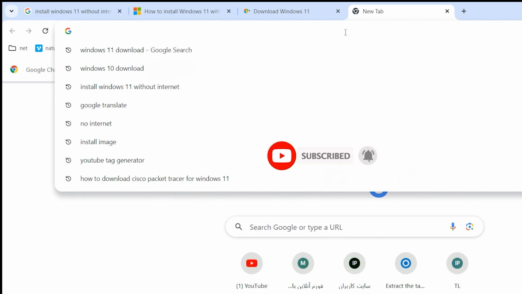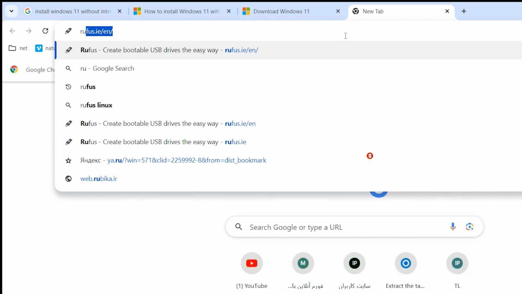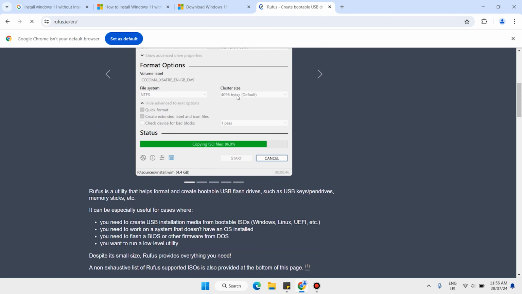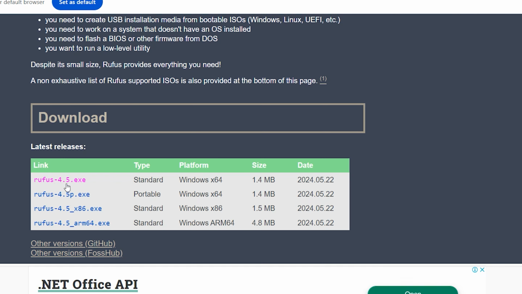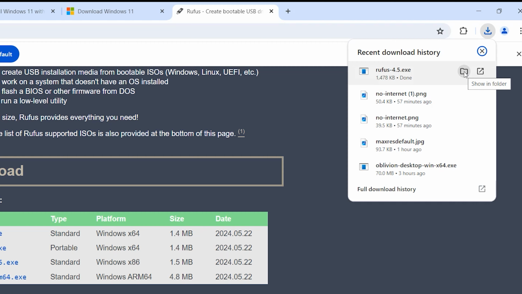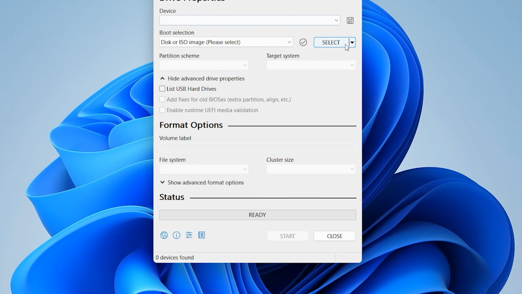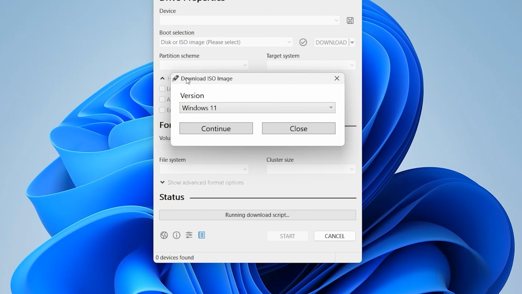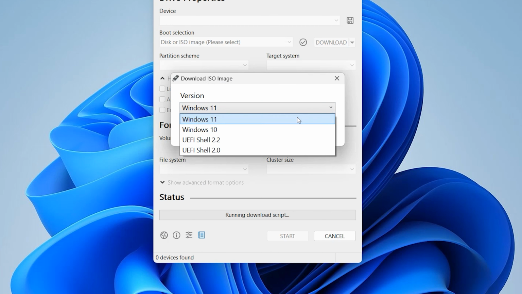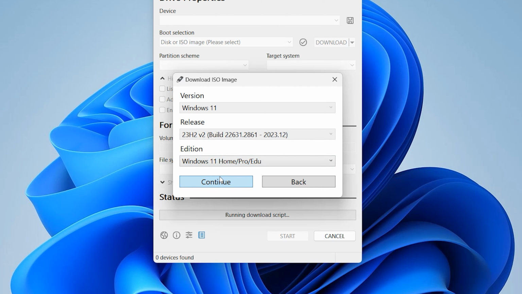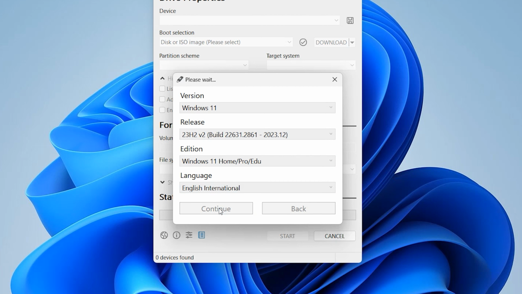Open your favorite browser, type here rufus.ie, then hit enter. Scroll down, download rufus 4.5.exe. Open the software, double click on Rufus, click on yes, click on this drop down, select download, click on download, download ISO image. You can download Windows 10 and 11. Click on Windows 11, continue, continue, continue, continue, select